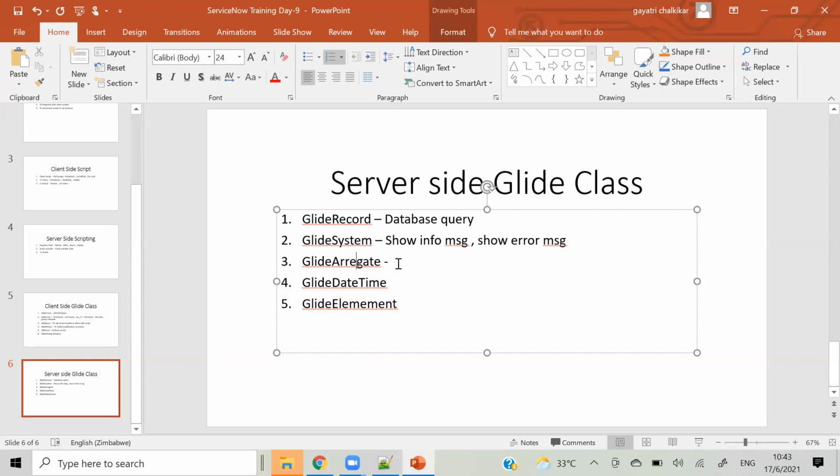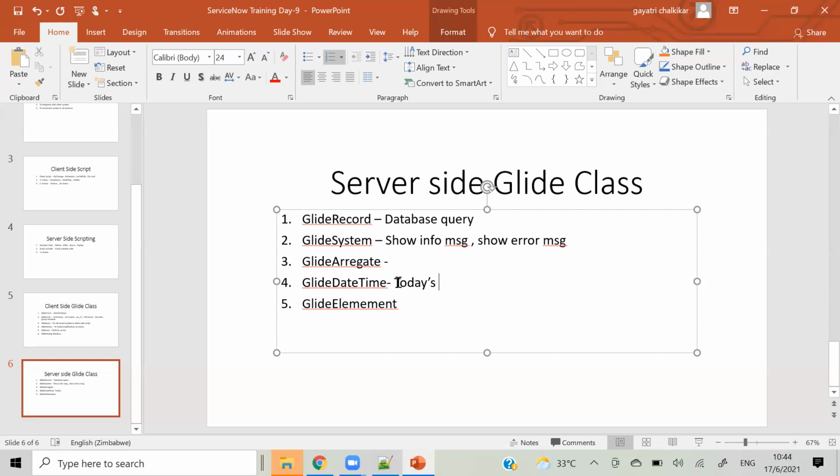Okay. And glide date time. If you have some query and you want to simplify it, say you have a created date on your incident, which is the 10th of this month, and you want to compare that with today's date. How can you get today's date?